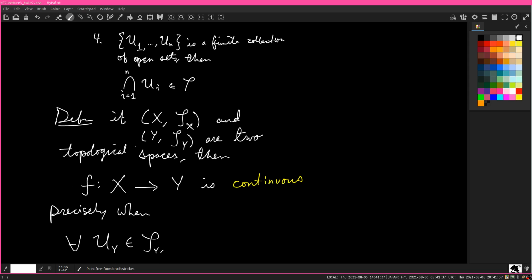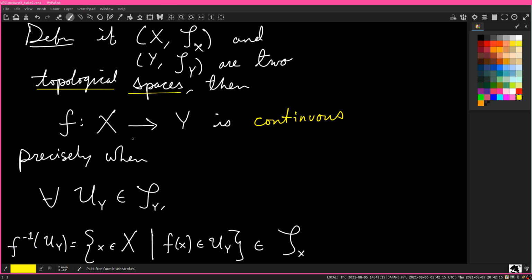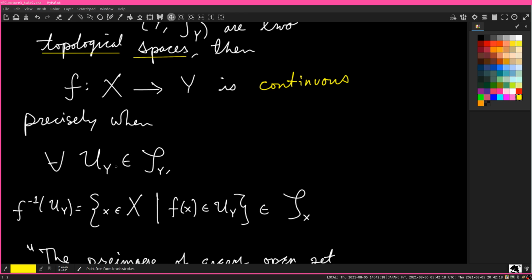Okay. Definition. So if (X, T_X), so this pair, and (Y, T_Y) are two topological spaces. Topological spaces should be in yellow. Then a function f from X to Y, again, Weilberger has some issue with the concept of a function, which I actually don't understand, but putting that aside, this function is continuous precisely when, for all U_Y in the topology of Y,